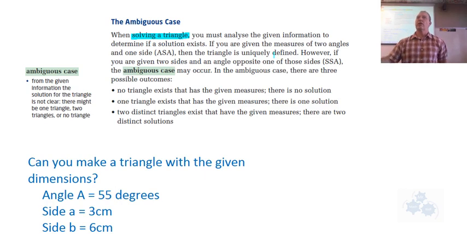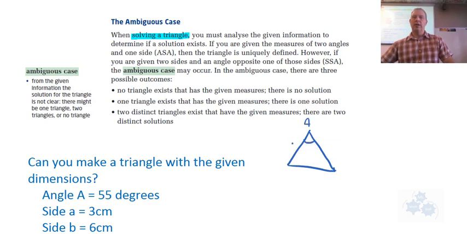Okay, so listen carefully. If you've got two angles and one side, there's only one way that triangle can be formed. Well, I shouldn't say that. It can be uniquely defined. However, if you are given two sides and an angle opposite one of the sides, so SSA. So ASA looks like this, okay? You're given a triangle, and we have an angle, a side, and another angle. That's angle, side, angle. There's only one way you can do that triangle. But if you're given this case where we have a side, then a side, and then an angle, side, side, angle like this,